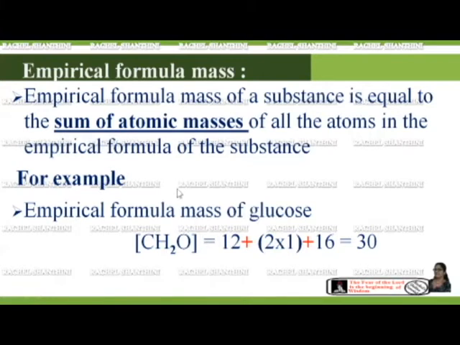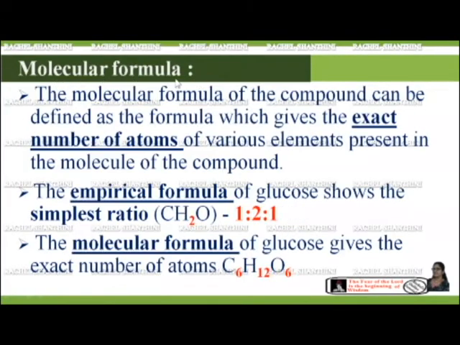The next concept is molecular formula. The molecular formula of the compound can be defined as the formula which gives the exact number of atoms of various elements present in the molecule of the compound. So what is the difference between empirical formula and molecular formula? The empirical formula shows the simplest ratio, but the molecular formula shows the exact number of the various elements present